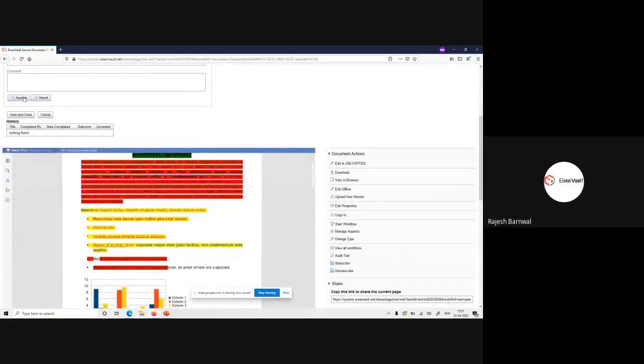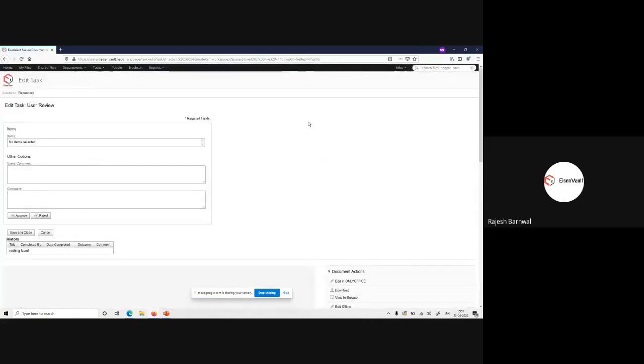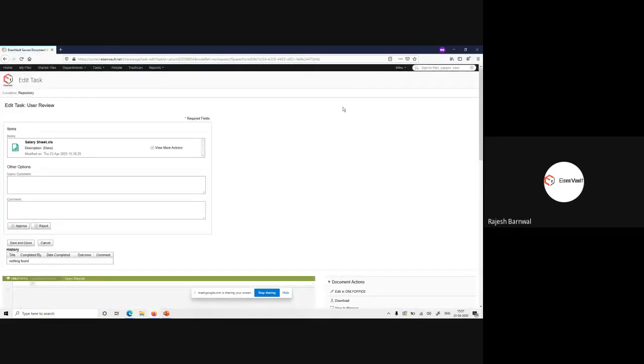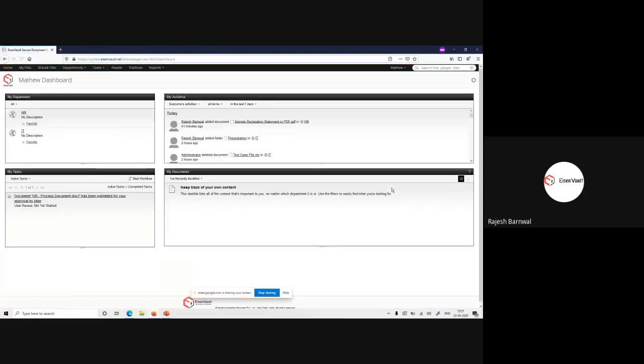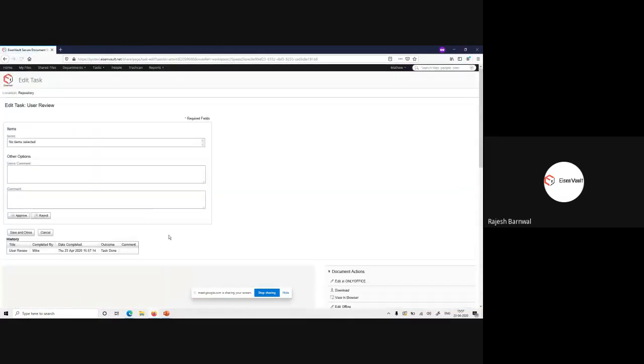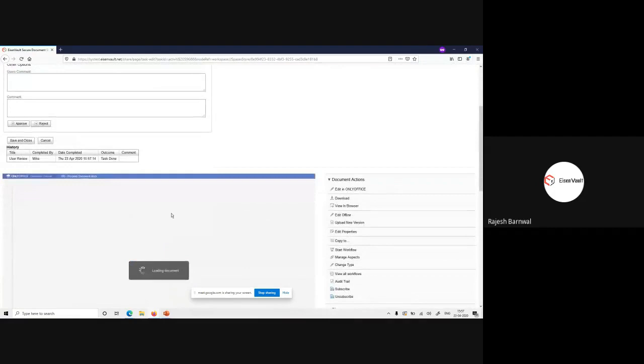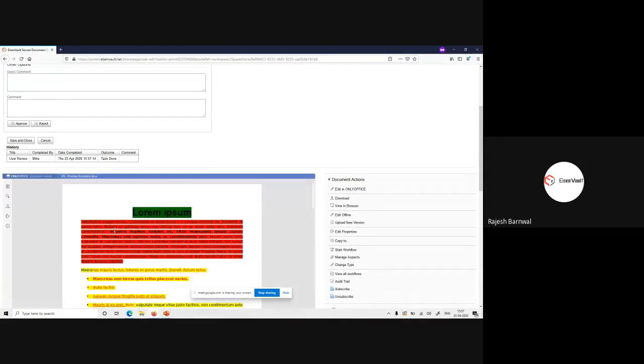Now this time we approve, and it will go to the second level. Whatever changes were made by the uploader, you can see those changes came here. You can do approval now.